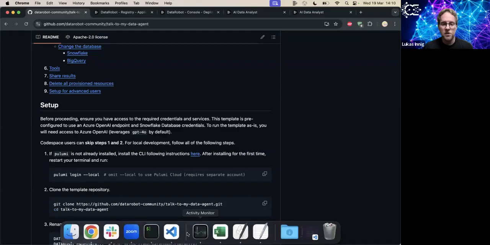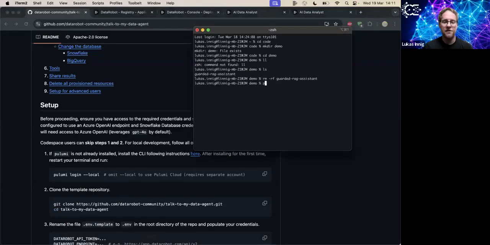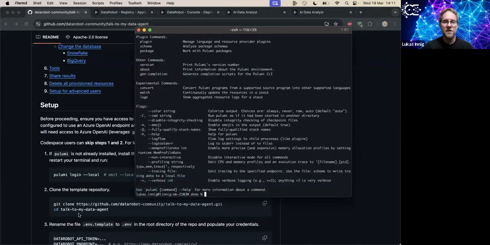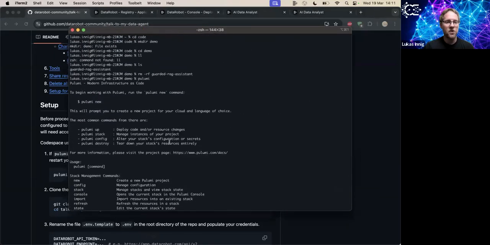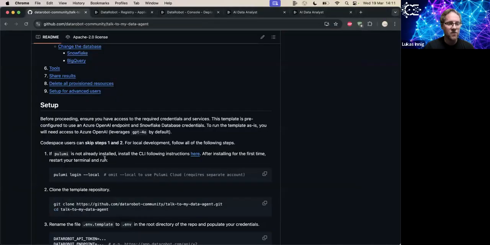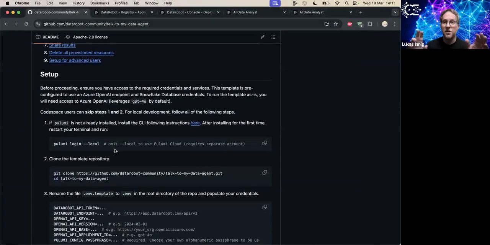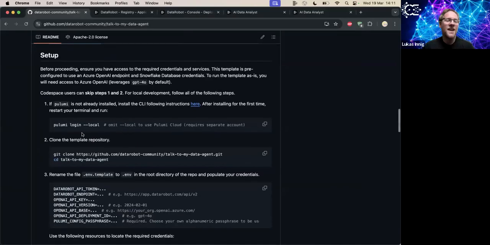So we need Pulumi installed. There's a link here. You can just install it. Let me just double check that I have that. And I do, perfect. So here we go, Pulumi is installed. That's what I need there. I also need Python installed. We didn't actually call that out here, I think, but it's another one. And then I'm going to clone this repository. So I will just take that link here